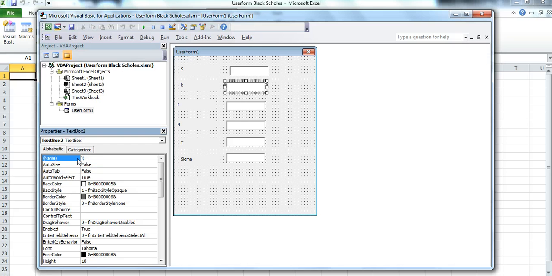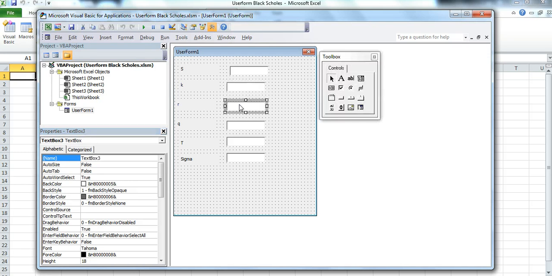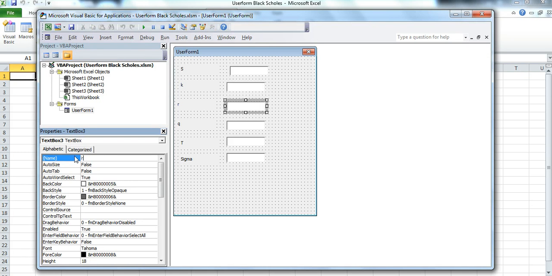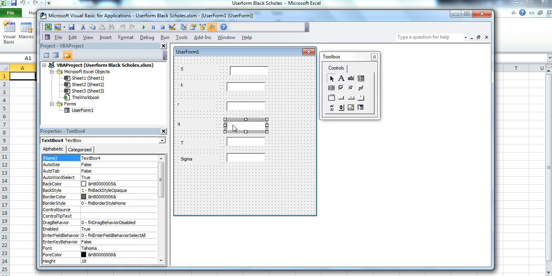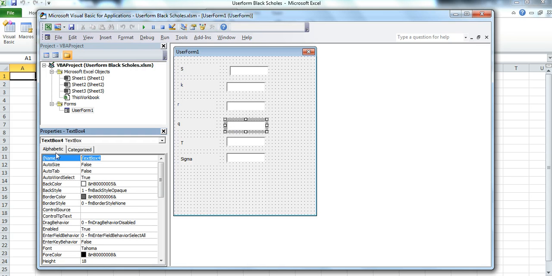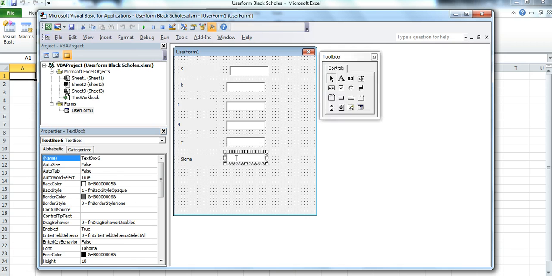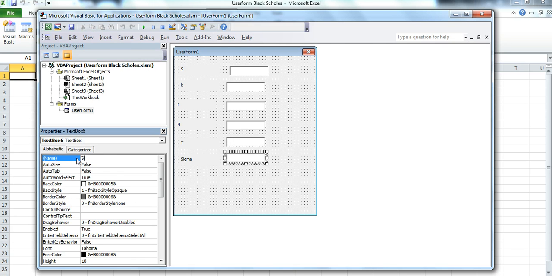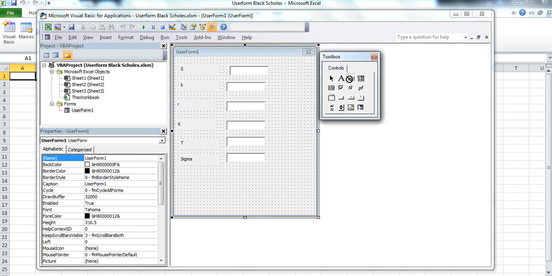S, K, R, Q, T for the maturity in the contract, and sigma being the volatility. And we need one additional